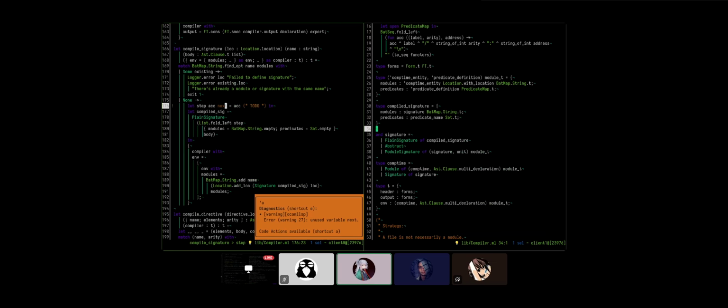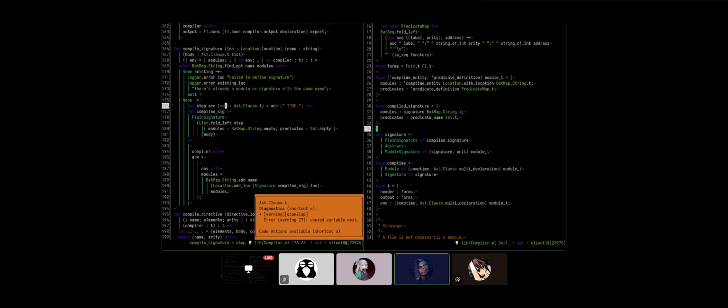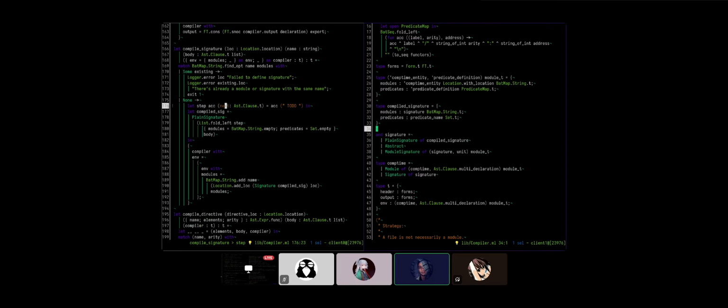Okay, so we have this next, which is in fact the clause T. Let's give it an actual explicit type. st clause T. Yeah, we will probably now need to match on it because this can be many things. Okay, let's see. Match next with